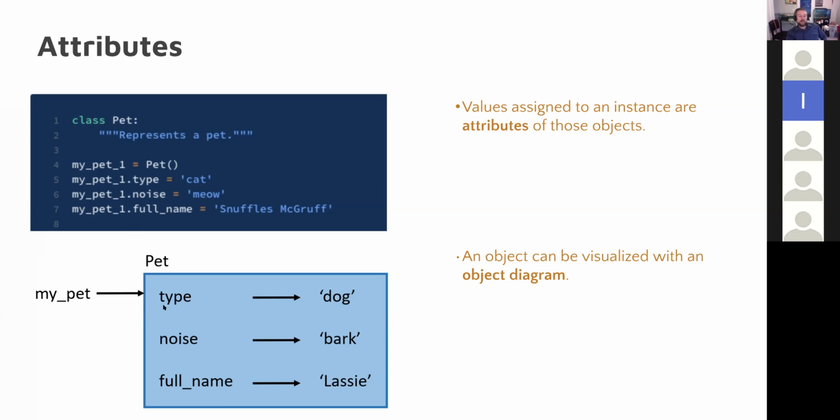Okay, so this is a diagram showing us the attributes of the class Pet, of the object, and that this piece of data, this variable, has value dog, this one has value bark, and this one has value Lassie. This object diagram is super, super helpful for understanding objects, for understanding how to work through your code and how to make your code